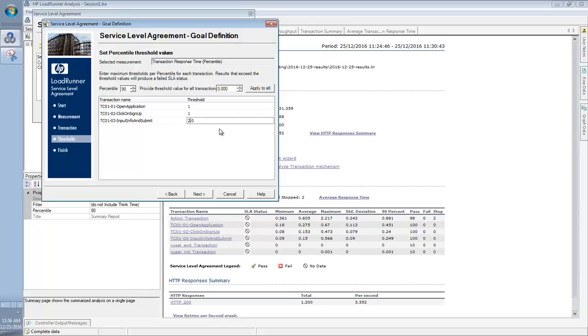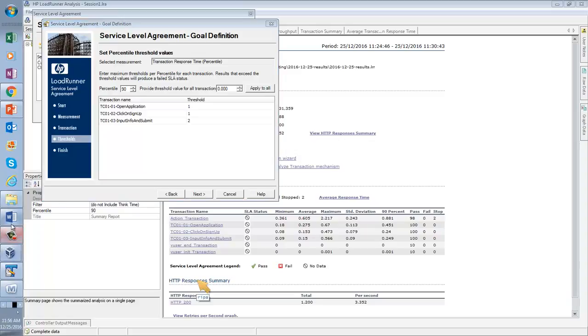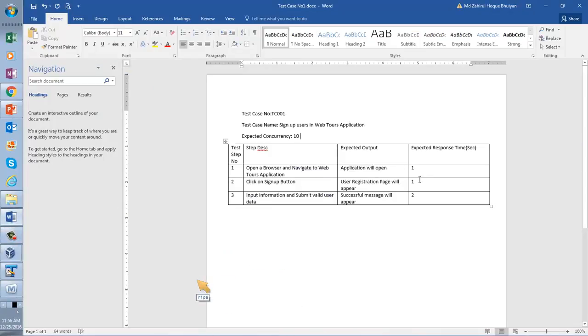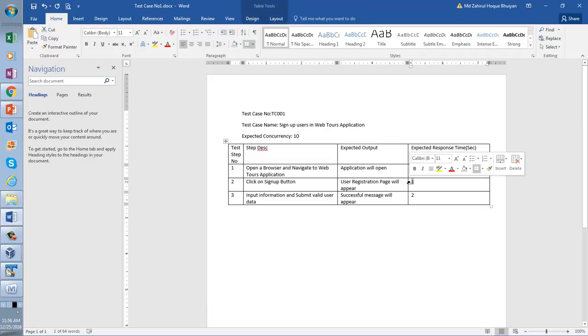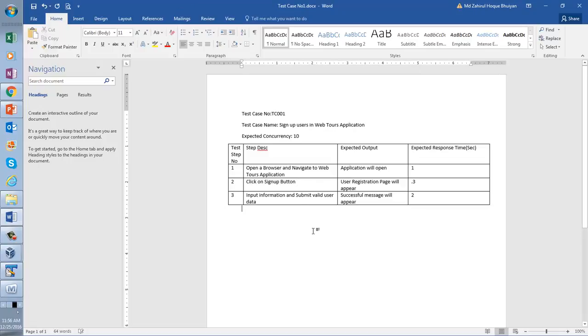We are putting the time here. Now, let me do a little bit of modification. Let's say for this transaction, where we are clicking on sign up, our expectation is 0.3 seconds.